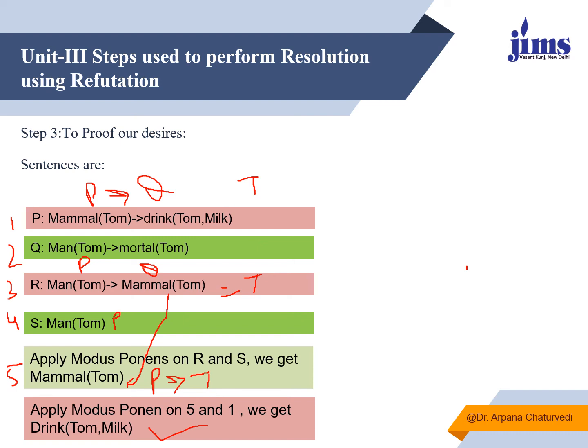Now second, we have to use the method of refutation. So using all these clauses and propositions, we will solve the problem using refutation, for which first of all we have to eliminate the symbol of implication, then change it into clausal form, then perform resolution on the given clauses. Before that we have to suppose whatever we have to prove as a negative sentence, then keep on performing resolution on the different sets of clauses. At the end, if we are getting null, it means whatever we have supposed was wrong.